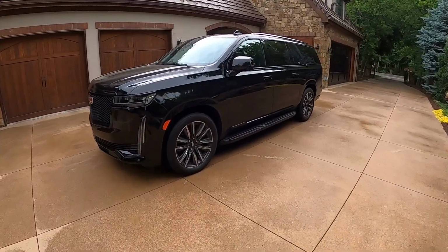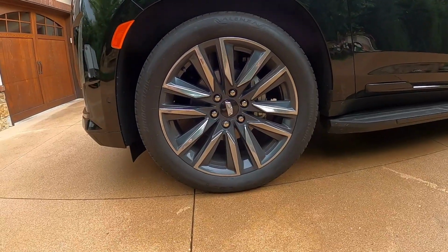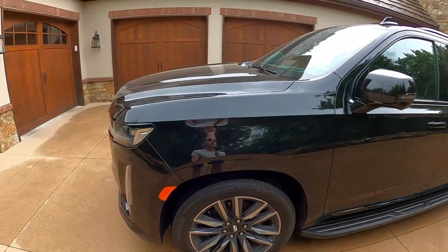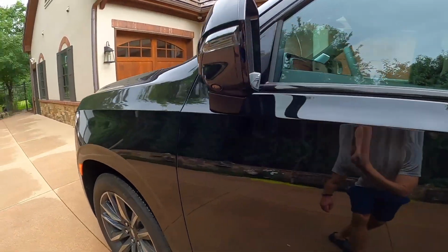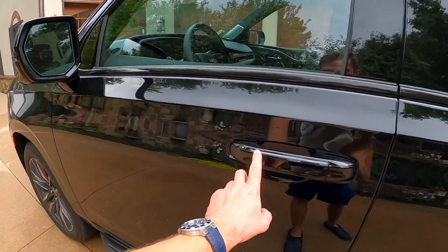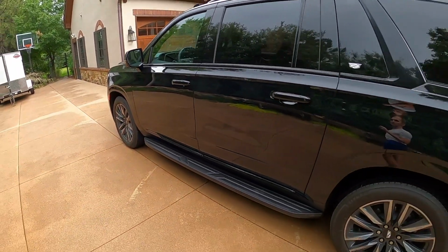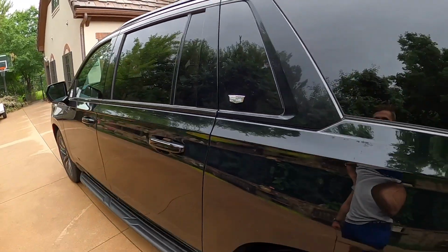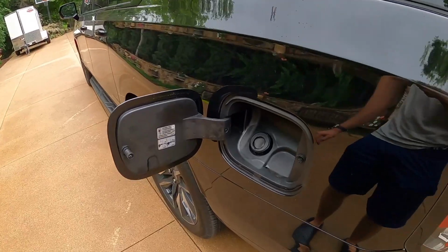Let's take a walk around the new Escalade. We do have these 22-inch really cool looking wheels with Bridgestone tires standard, LED blinkers, camera in the mirror as well as blind spot detection. And we do have illuminated door handles, which is pretty cool. No power retractable running boards on this one. And our Cadillac emblem, as well as our fuel filler cap, capless fuel system,